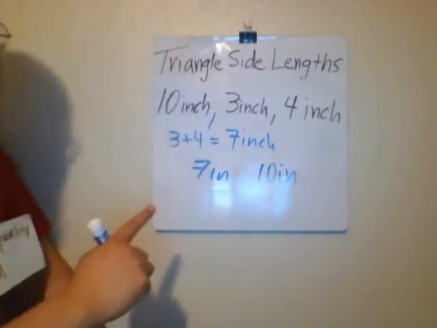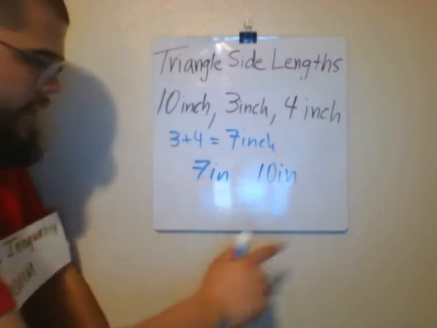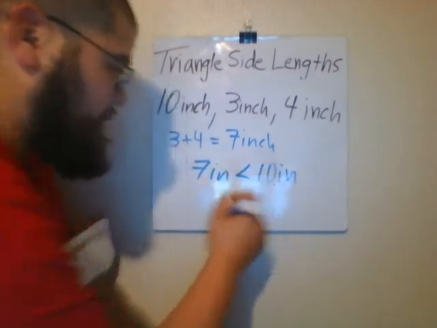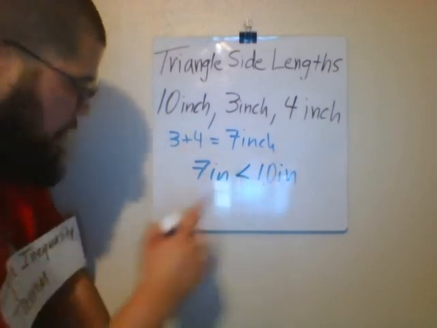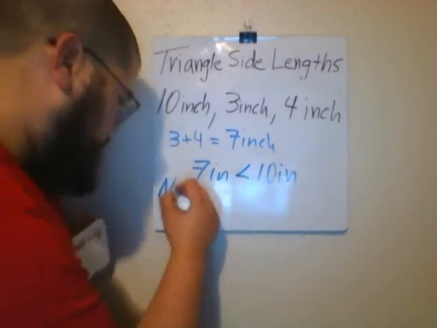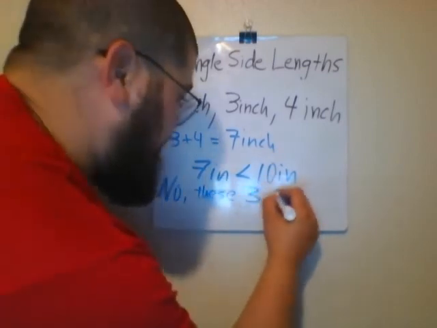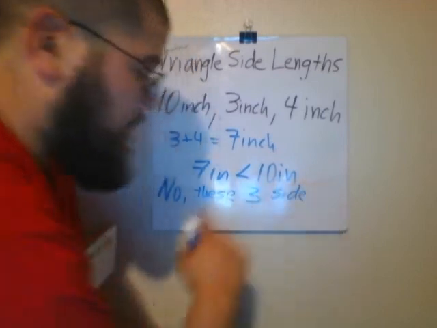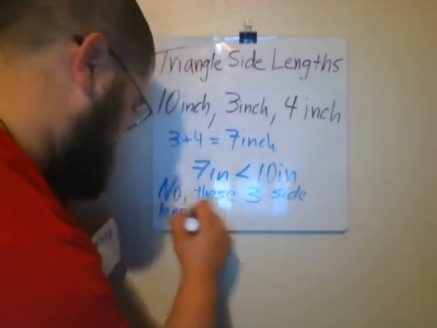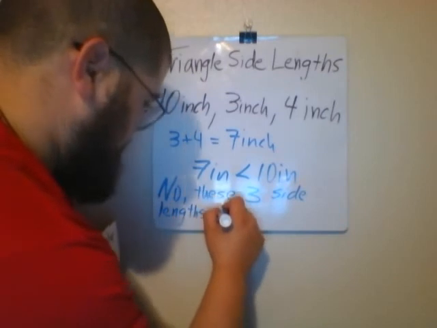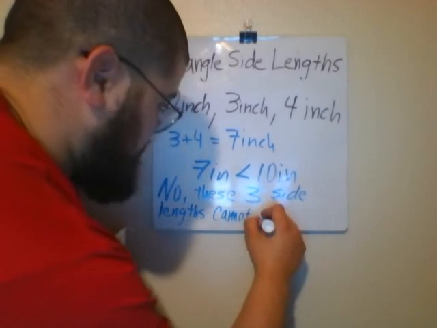And now we're going to ask ourselves, is 7 inch greater than 10 inch? Well, the answer is no. So that's why we're going to put a less than symbol here, because 7 inch is less than 10 inch. That means no. These three side lengths cannot form